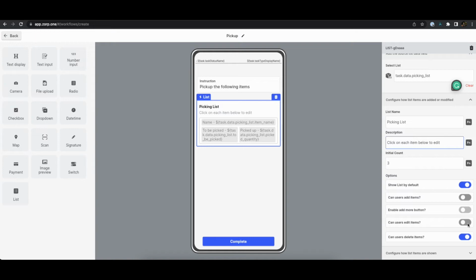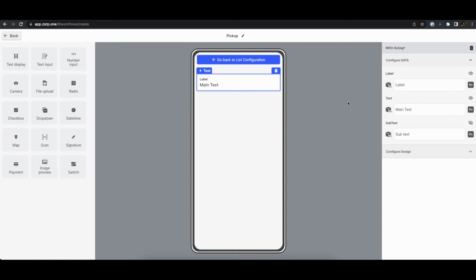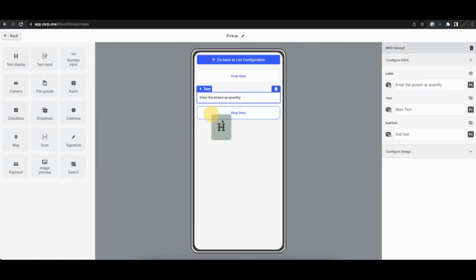But we do need to provide a provision where people can edit the list items, and we don't need delete. So let's see how the person can edit each item by clicking on it. To do that, we can click on configure edit list page. So here we can show, enter the picked up quantity, and I can show the item name,